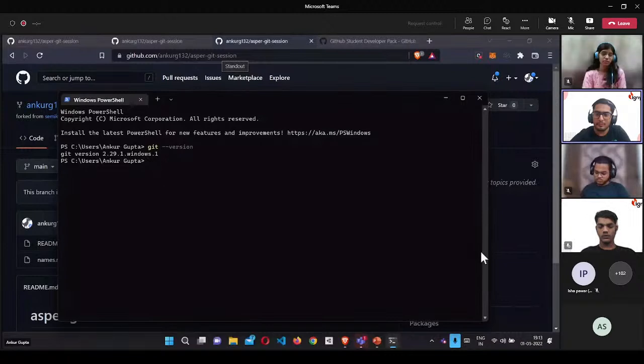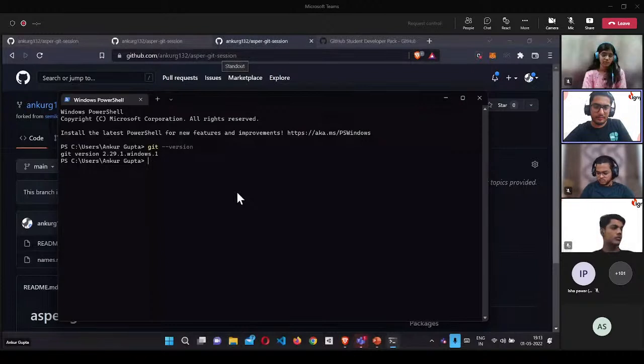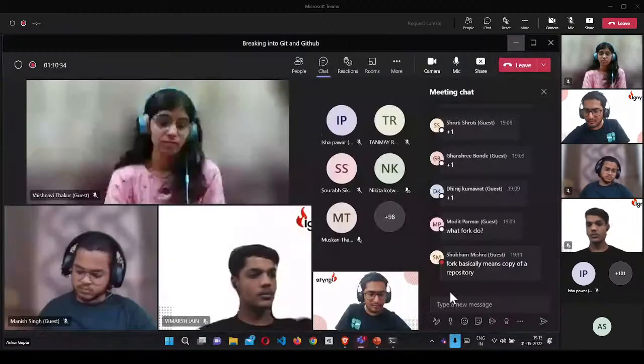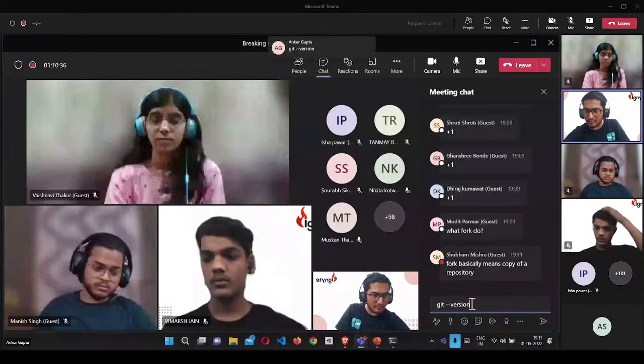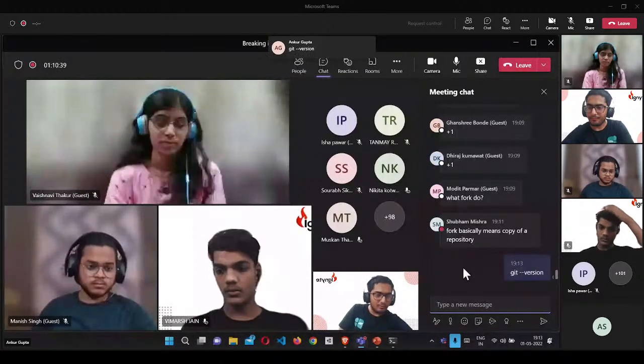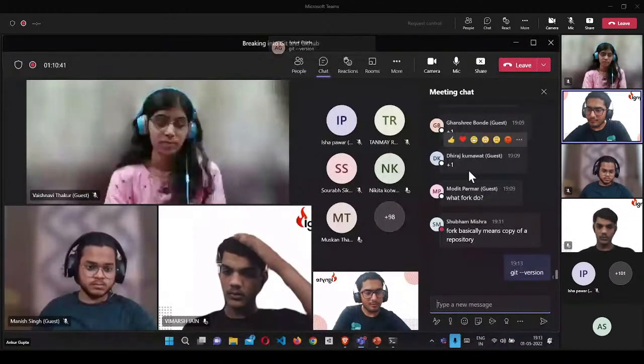That is essential, or else you won't see anything here, even though you have Git installed in the system. So that is also something. So what I want you all to do is, first of all, check if you have Git installed in your system. You can do so by using this command.